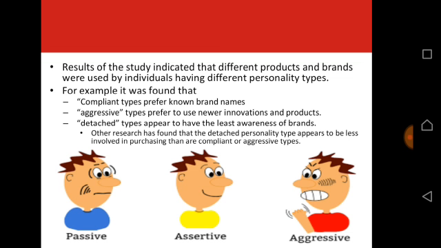Detached people are those who are least aware of the brands. They are themselves less involved in purchasing because बहुत ज़्यादा प्रमोशन उन्हें अफेक्ट नहीं करता. अपने आप को डिटैच करके चलते हैं विद पीपल अराउंड एज वेल. तो जब लोगों के साथ ही डिटैचमेंट है तो दे आर नॉट दैट मच अटैच्ड टू एनी काइंड ऑफ ब्रांड और प्रोडक्ट. They are less involved in purchases, as I said, because they have detached themselves from the society and they try to live alone and independent.